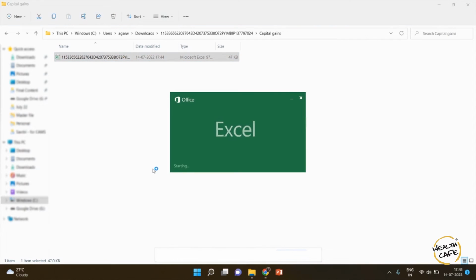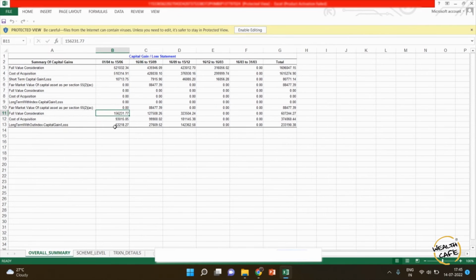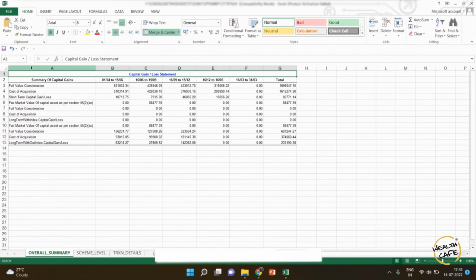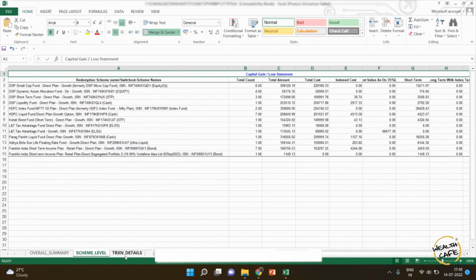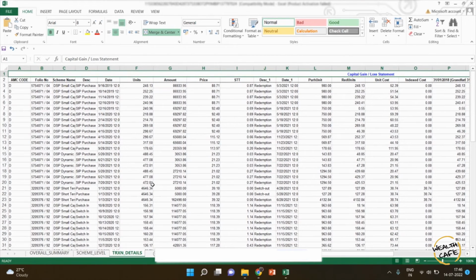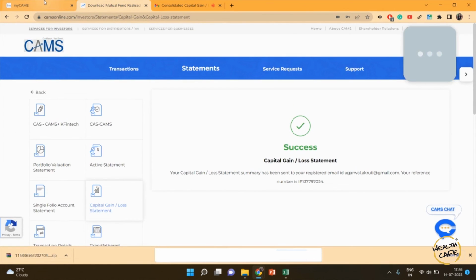here is my report. So this report has all the details of my capital gain statement. Now, you can see that this is a very exhaustive and very detailed report, so if anyone's into filing tax returns or if your CA is helping you to file tax returns, please share this report with them. It will help them a lot, and it will also ensure that your return is filed properly, right? So it has an overall summary, it has scheme wise details, and it also has transaction wise details of your buy and sell. So this will be like a consolidated report of all your capital gains and sales transactions done by you during the previous financial year. So I'm coming back to my CAMS view.